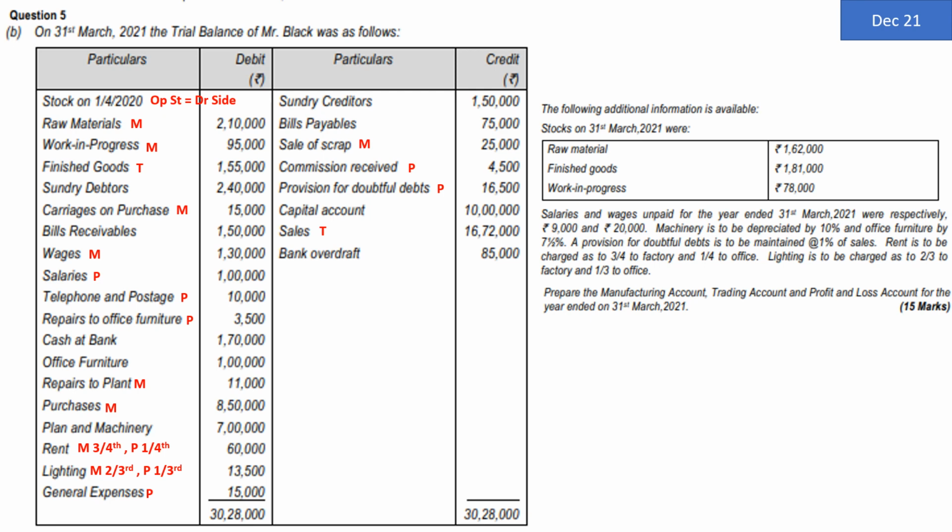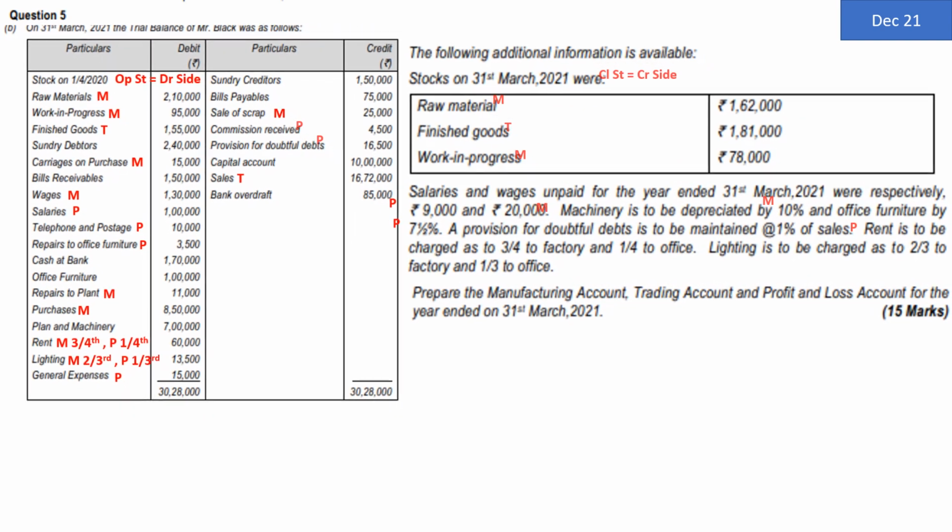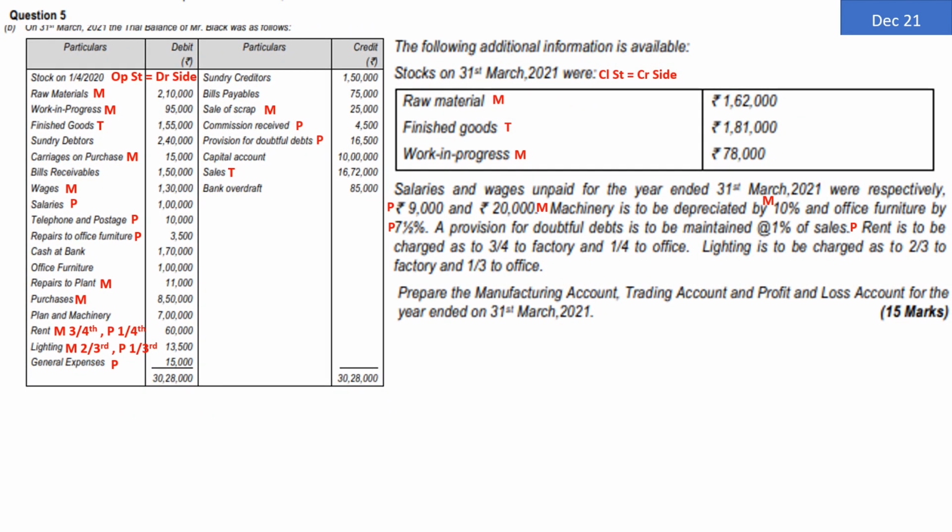So once we have classified all the items of trial balance, let us now focus on the items of adjustment. Where are they going to be? Now it's a very simple point to be kept in mind, that generally adjustments are supposed to have two effects. Whereas in this problem, adjustments are going to have only one effect. Reason is the problem has not asked us to prepare the balance sheet. So we'll have to give only one effect of the adjustment. Second effect of adjustment is not required to be thought about.